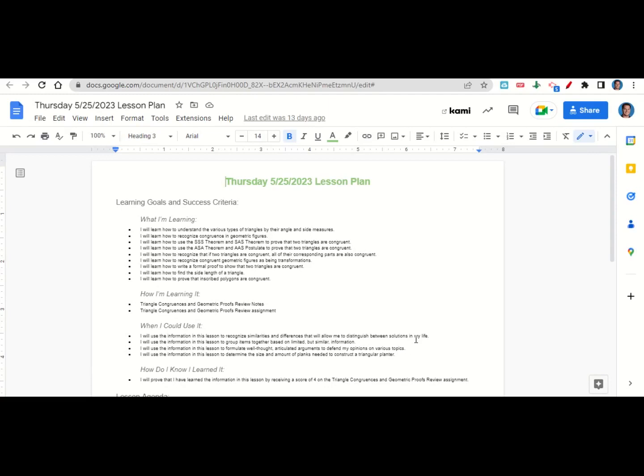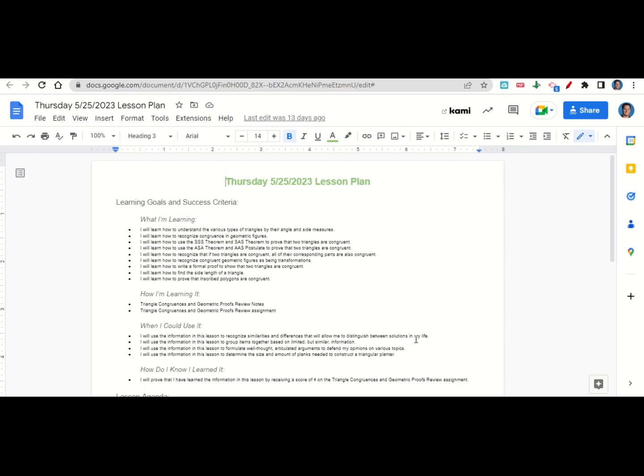We're learning how to understand the various types of triangles by their angle and side measures, how to recognize congruence in geometric figures, how to use the SSS theorem and SAS theorem to prove that two triangles are congruent, how to use the ASA theorem and AAS postulate to prove that two triangles are congruent, how to recognize that if two triangles are congruent, all of their corresponding parts are also congruent,